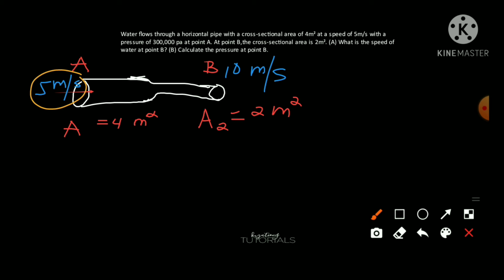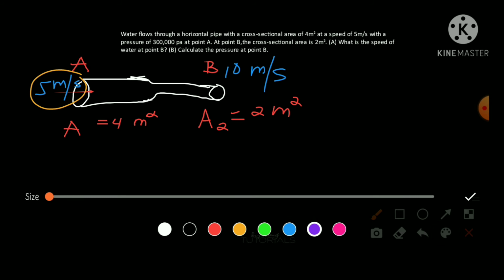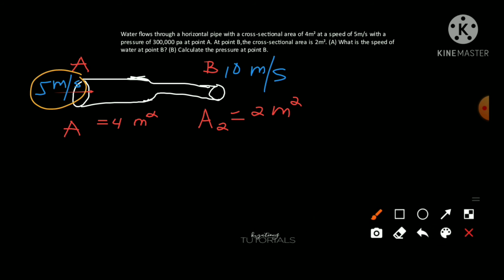Okay, so in finding the pressure here in point B, we are going to use Bernoulli's equation. Okay, so Bernoulli's equation is like this. Perhaps let's change the color for better visual representation. So Bernoulli's equation is